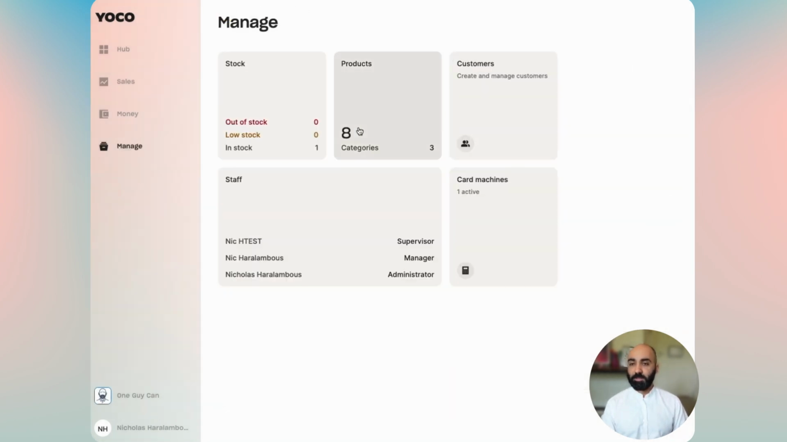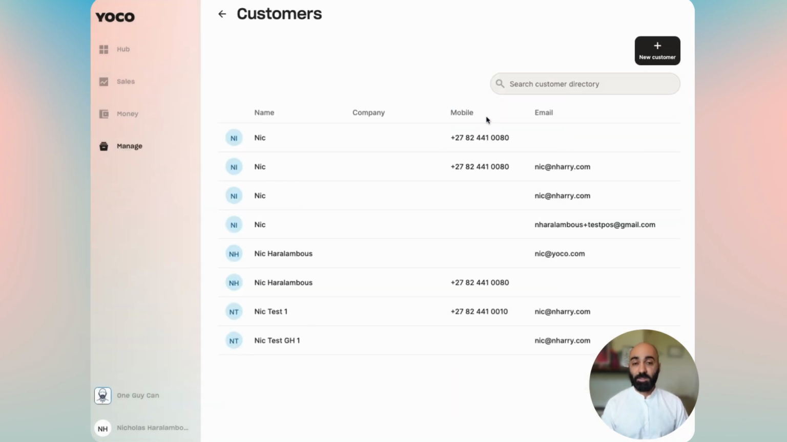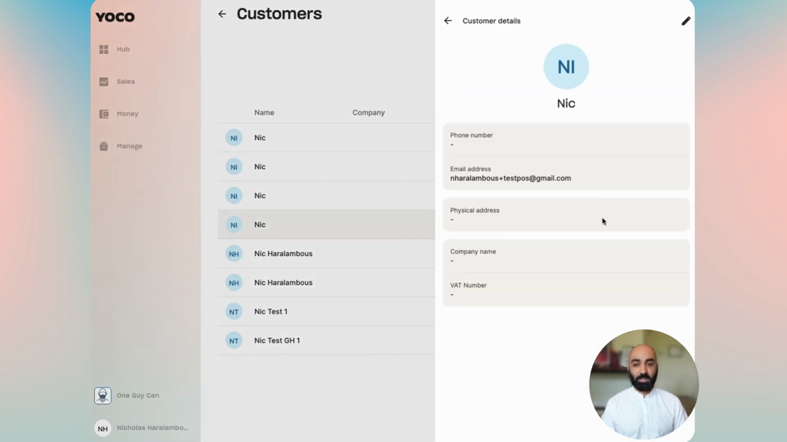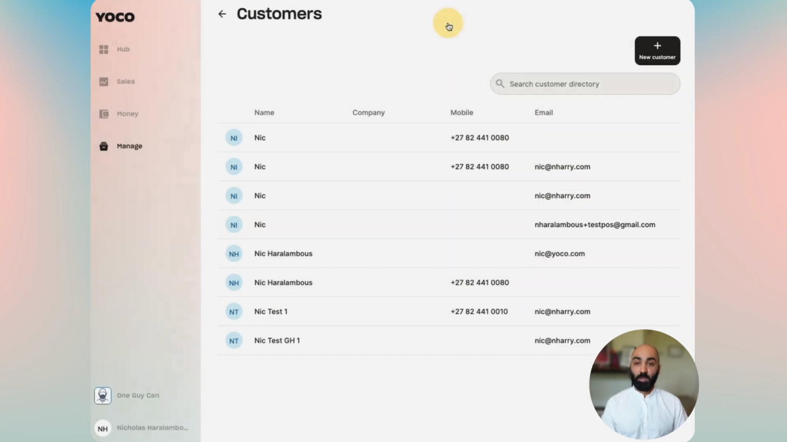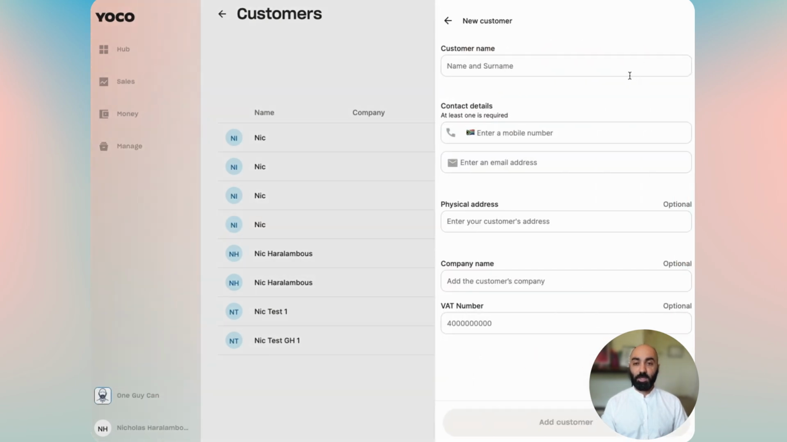For now, heading back to the Manage tab where you can manage your customers. You can either search for the customer in a directory, or you can find one in the list here and click on them to see their detailed view, which also gives you the ability to edit the customer, add any of the information that you might think is useful. Or if you go back, you can create a new customer. The very basics required are a customer name and either a phone number or a mobile address,